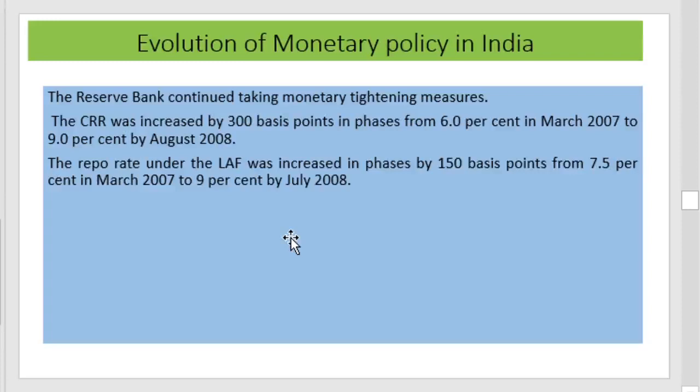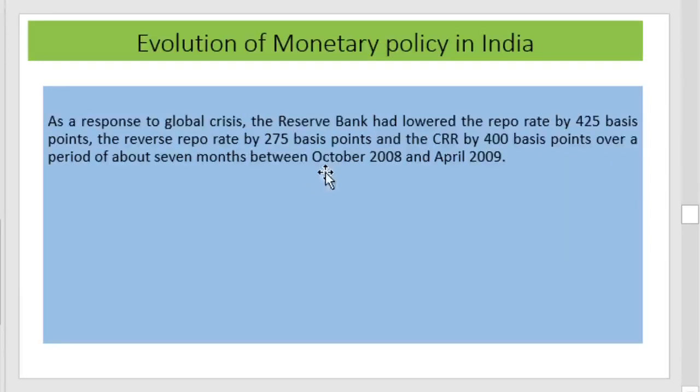by July 2008. And during this period, as a response to the global crisis in 2008, the Reserve Bank of India lowered the repo rate by 425 basis points, the reverse repo by 275 basis points and CRR by 400 basis points over a period of about 7 months between October 2008 and 2009. And during this period, all these rates were reduced in order to face the financial